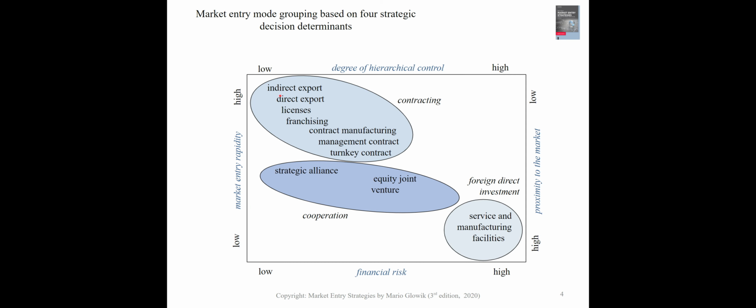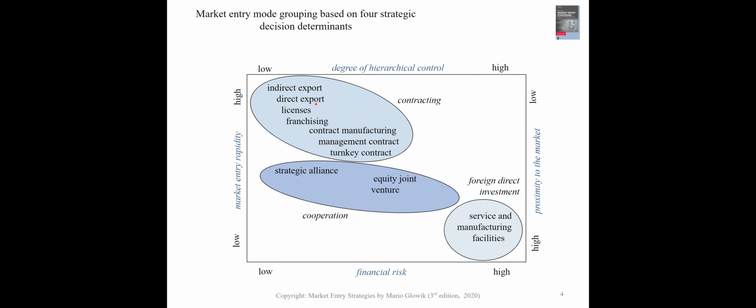For example, export indicates a market entry mode of relatively low degree of hierarchical control. When the cargo is customs cleared at the port, for example, then the exporter doesn't have any access to the